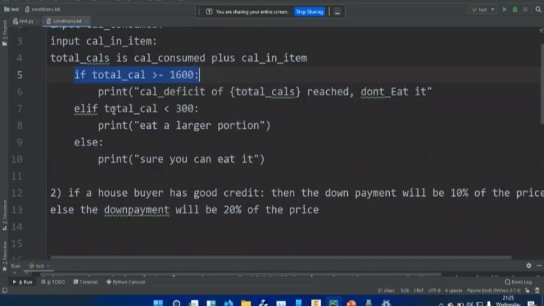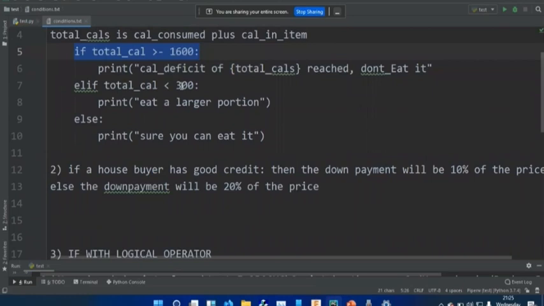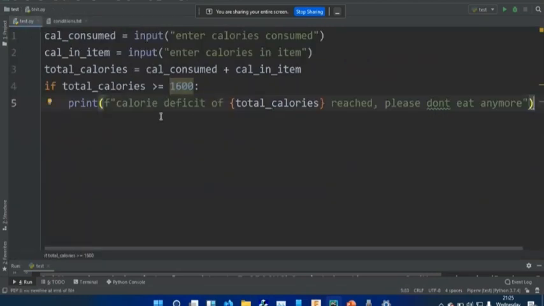So our next condition is going to be if the total calories is less than 300. That means your total calories for that day is less than 300, so we are going to advise you to take more calories. Come to your next line. Please do not write your elif statement here. You should come to the beginning of this line. If total calories is less than